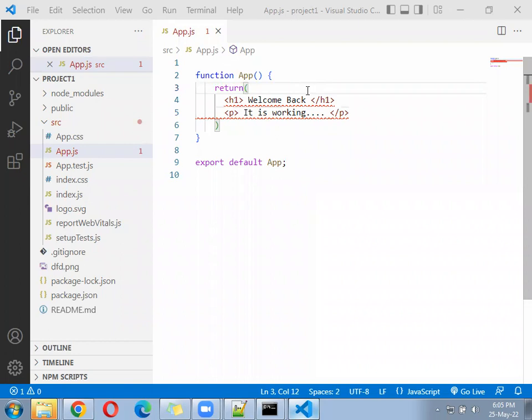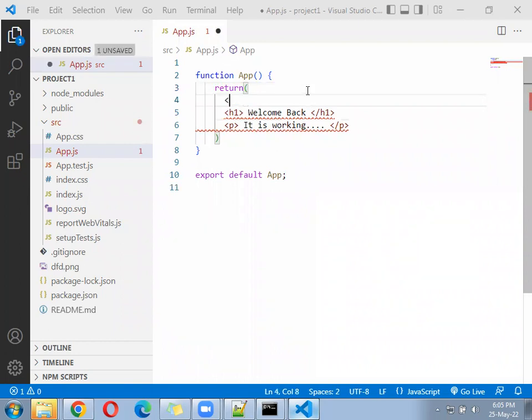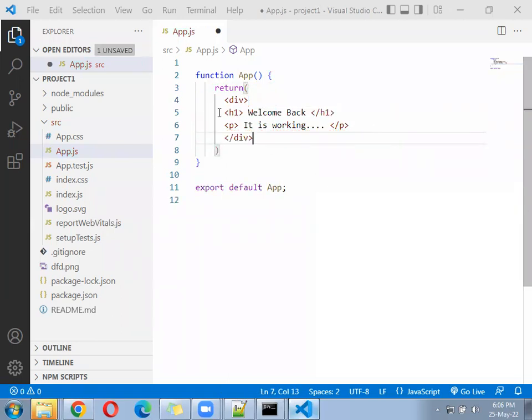So what do we have to do for that? Simple, we can keep them inside a parent tag. For the parent tag, you can use any tag, a division, a section, or any kind of container. For that, there are three to four types of rules. We can use that. Let me go here and add a paragraph. Once you save it, you will find it successfully comes up in your browser.